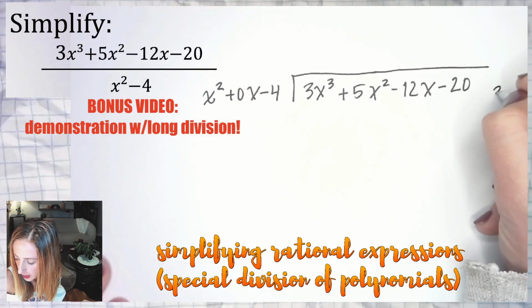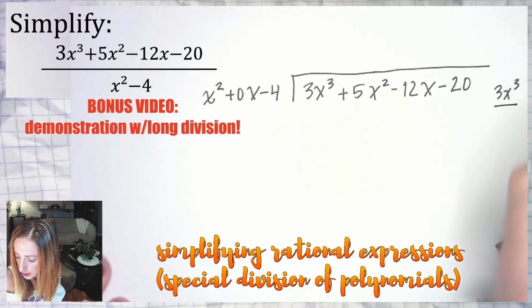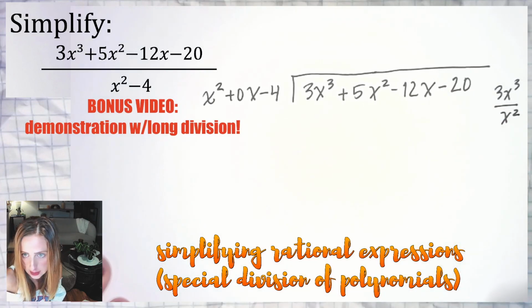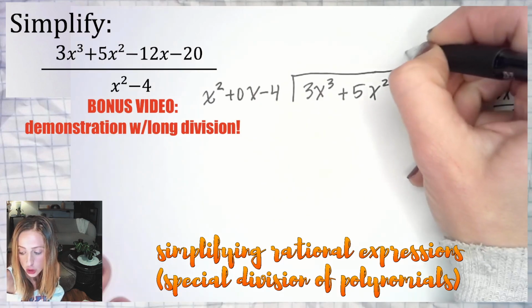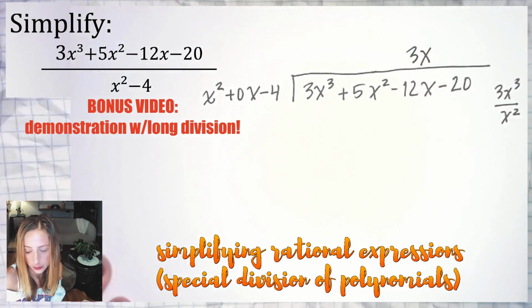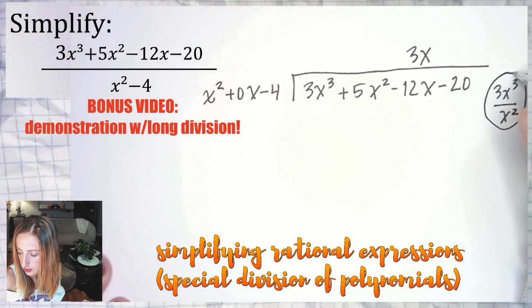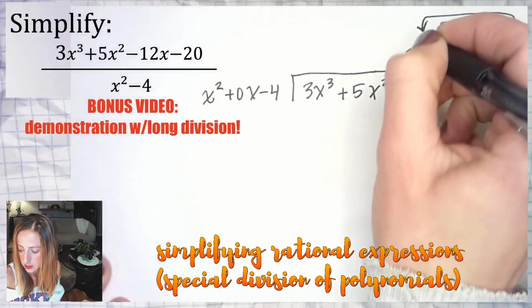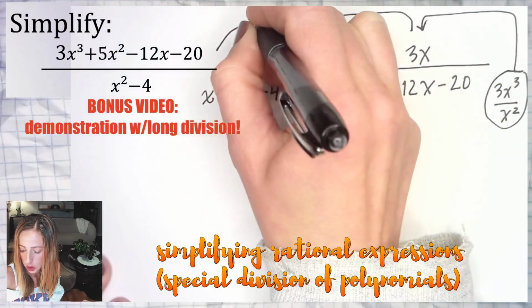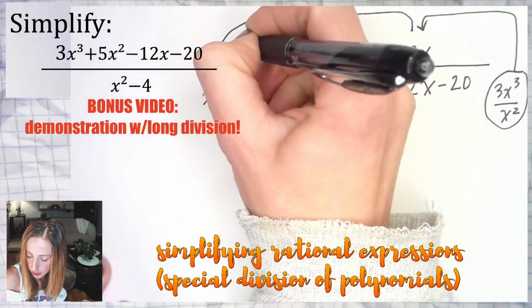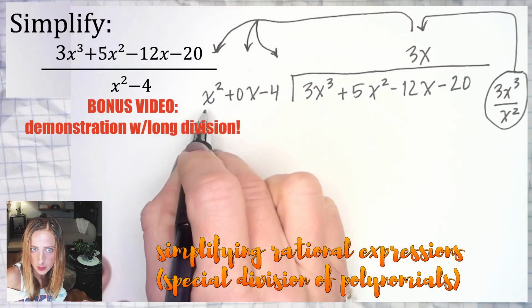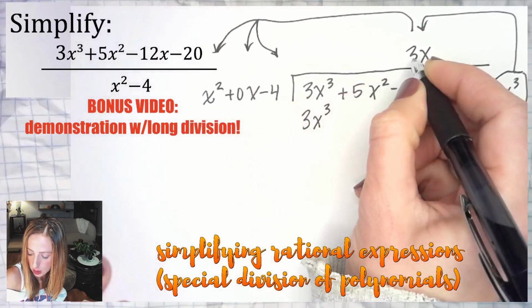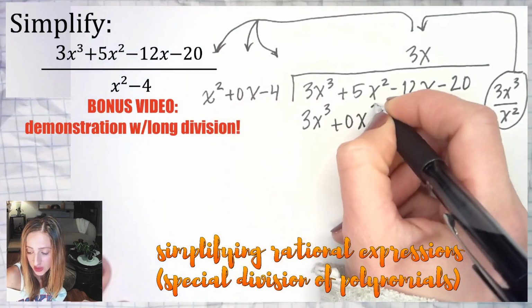I'm going to start off. I'm going to divide the 3x cubed, the leading term, on the inside, by x squared on the outside. And that's going to give me 3x. That gets written here above the negative 12x. So I'm going to write 3x right over there. I'm going to take that and I'm going to distribute it to all three: 1, 2, and 3. All right, so 3x times x squared is 3x cubed plus 0x squared,